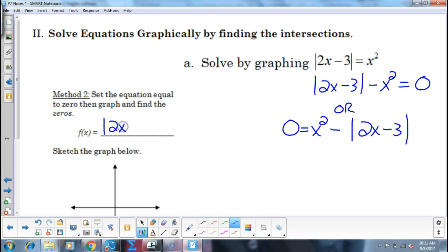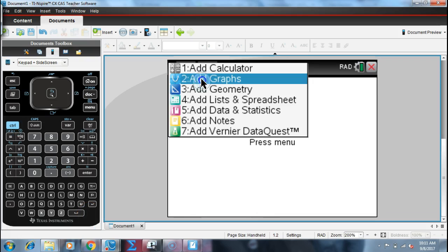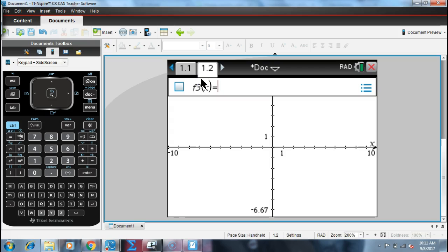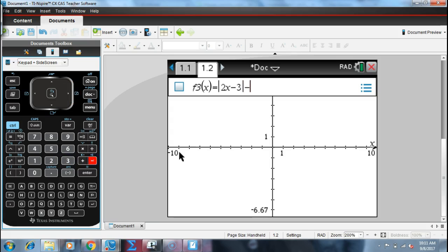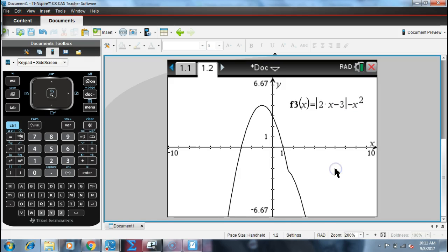Okay. But that function then that you're graphing is going to be that one side of your equation that has all the stuff on it. So now, when we would graph that side, I'm a big proponent of new pages. I like things nice and pretty. Absolute value of 2x minus 3, and then I go over 1, and then I go minus x squared. And now, when I graph that function, I get that. Kind of a funky little graph. It looks kind of like a parabola, an upside down parabola, and then we got a little